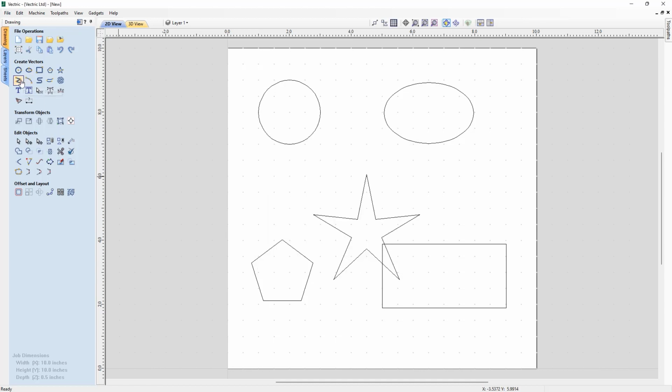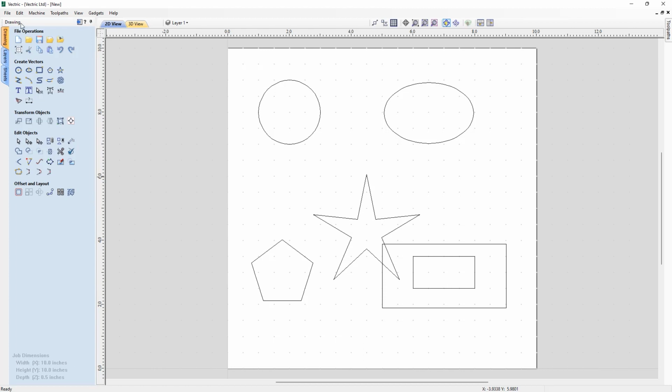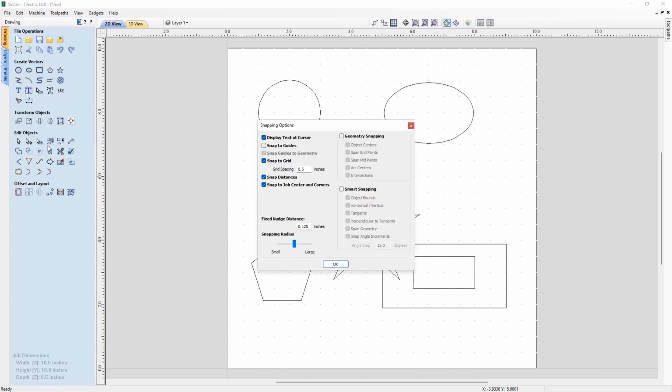And so that just means that if we go into the Polyline tool, we're now able to actually draw, and you'll notice we're able to snap to each dot that we have in our grid, which can be very useful if you're wanting to make very accurate spaced points within your drawing. Okay, so let's just close out of there, and we'll go back into Edit, and we'll go into the snap